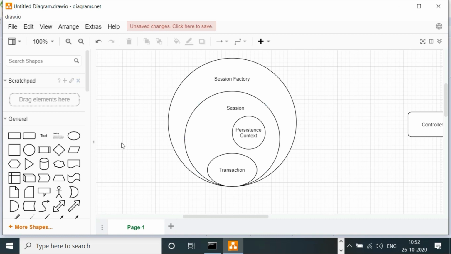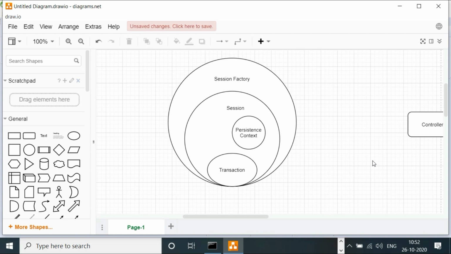Whenever you create a new object, the persistence context does not know about it. So whenever you create a new instance, it is not available in the persistent context, and no first level cache is done. When you try to save it, the session is smart enough to save it in the persistent context and make its state go from new to managed, and when the transaction is committed, it is available in your database.